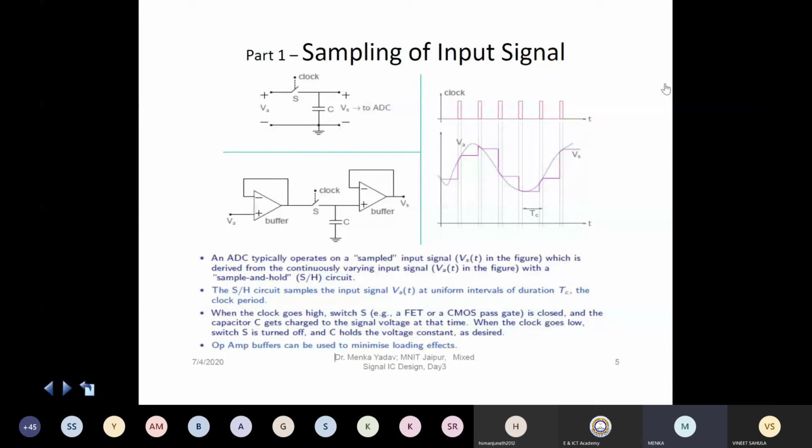Okay, so this is actually a label. So we will say that this is the sampled signal. This sampled signal is applied to the analog to digital converter as an input. So I'm going to repeat that the analog to digital converter will accept the sampled data as the input. I mean the sampled and hold input will be given to the A to D converter.